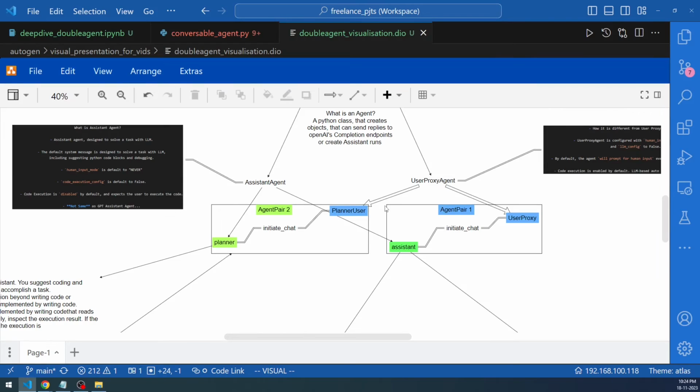I have not even started delving into the retrieval user agent, the group chat that has been created, and the teachable agent. I have not even touched those things. And even with these agents, there is so much to learn. In order to bring you a little closer to the code, I am going to show you right now